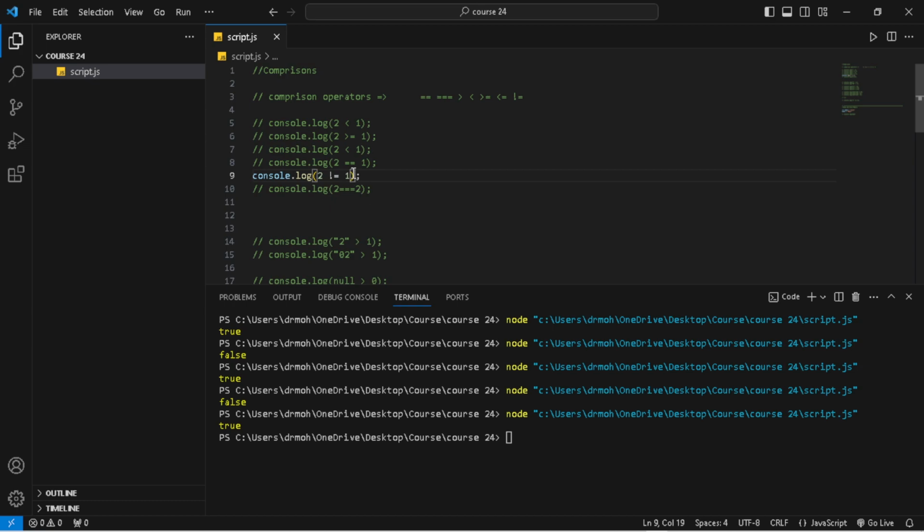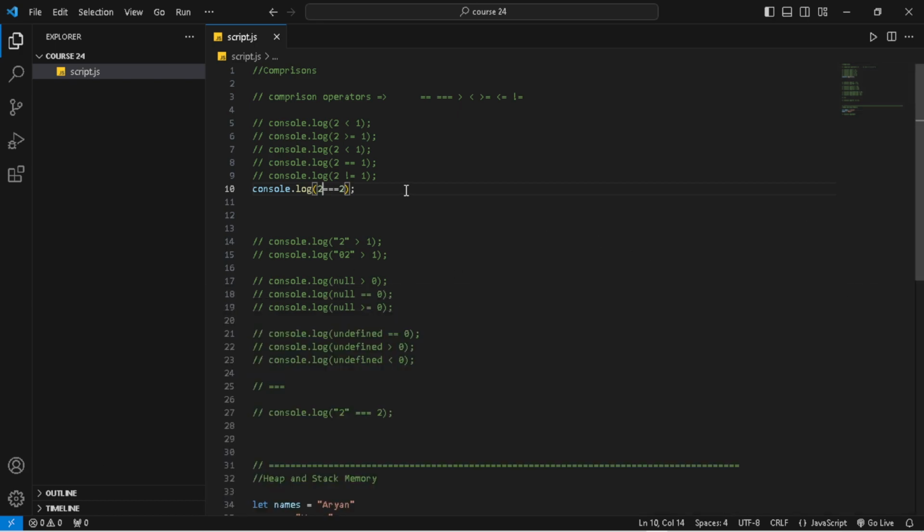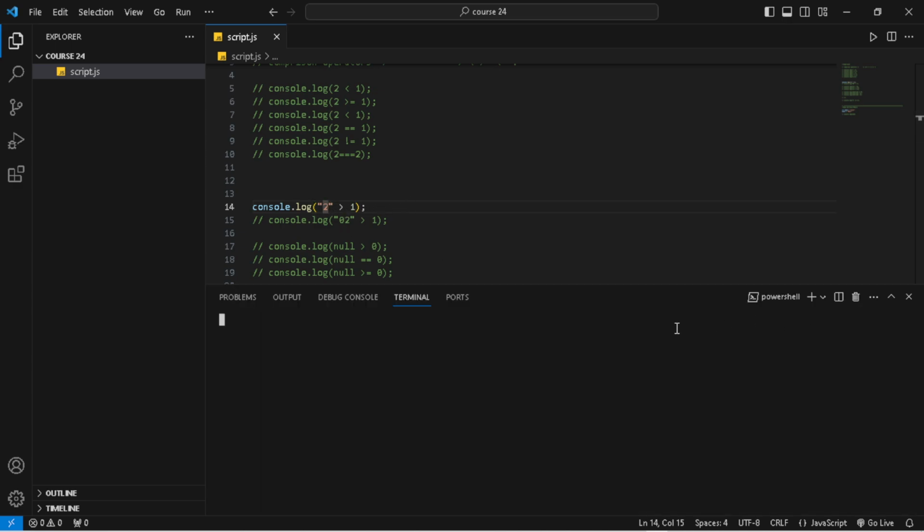Now the last example is triple equal to, which will check strictly whether it is equal or not. So it is true because 2 is equal to 2, as you can see. So now we will come to our other examples. Here we can use a string, a number which is in a string with another number. It's possible: this number is written in quotes, so it is treated as a string, but it will still work because it is a number. So when we print this